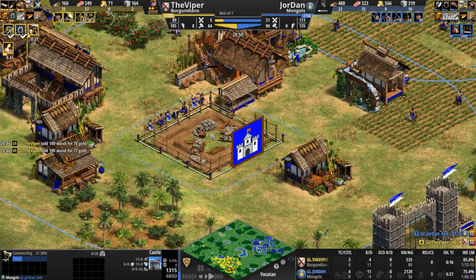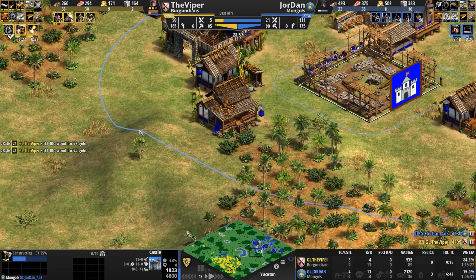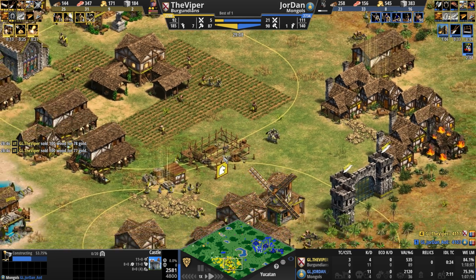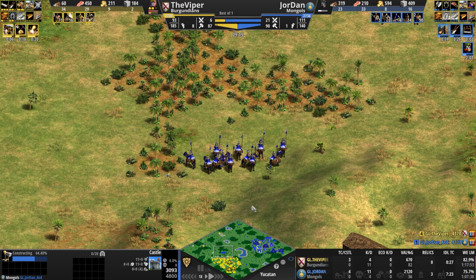A castle. Very defensive castle. Not a fan of this location at all. If you lose this high ground right here, that castle can go down very quick to any kind of trebs or bombard cannons, etc. JorDan disengages for a while, wants to, I guess, maybe upgrade